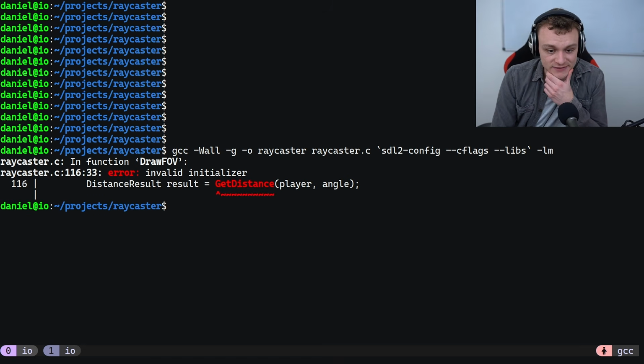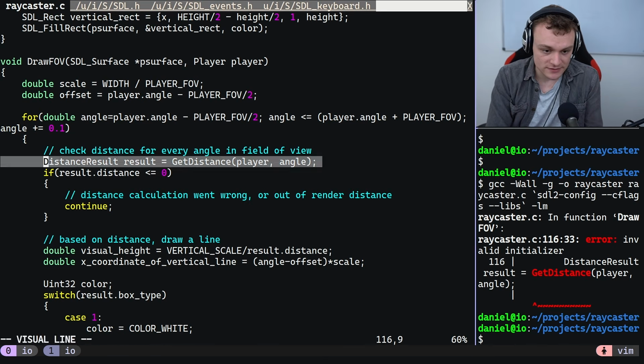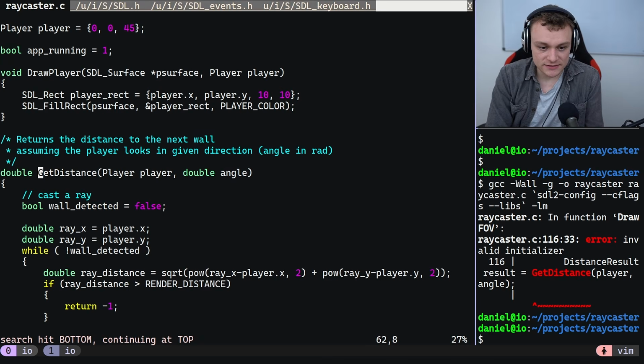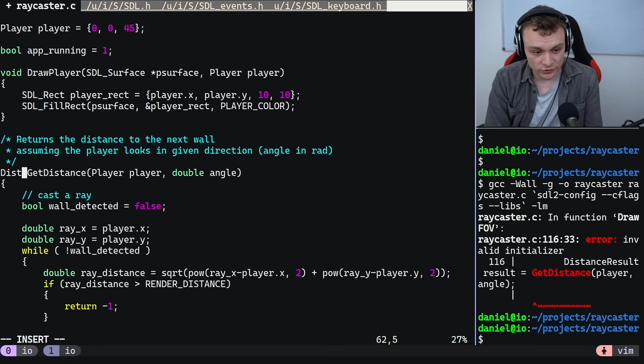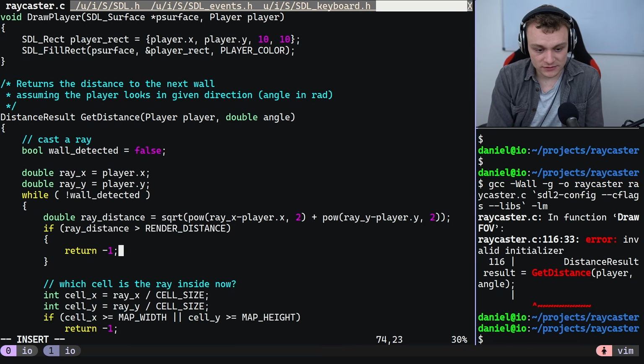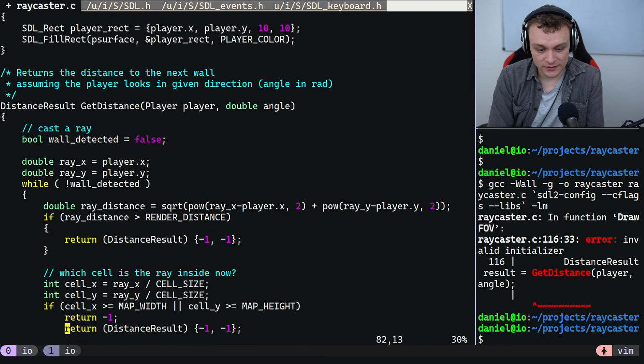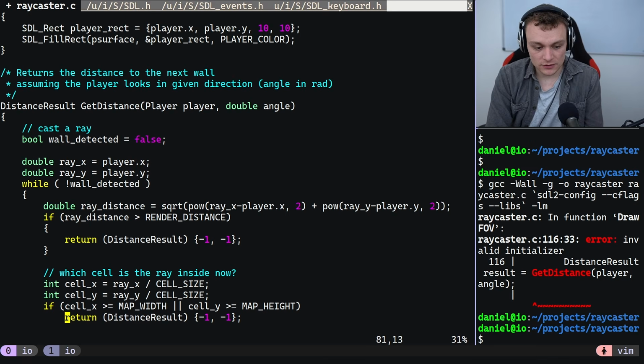Invalid initializer, distance result, get distance. What is that? Invalid initializer. Let's jump to the line and see. Distance result, get distance. Oh, yes, it needs to return a distance result here. And where does it return a distance result? Here. Yeah. Let's make it return a distance result: -1, box type 0, or box type -1 as well. Same thing here, and wherever it returns -1,